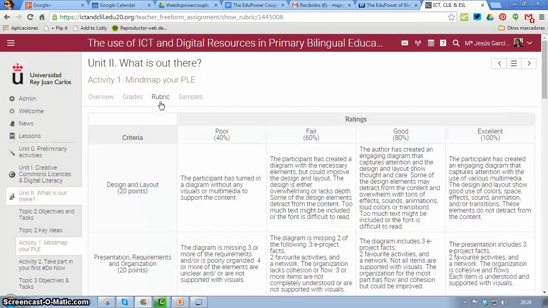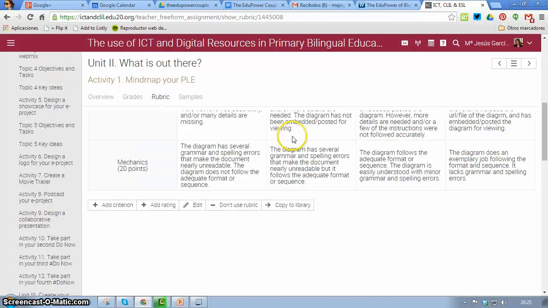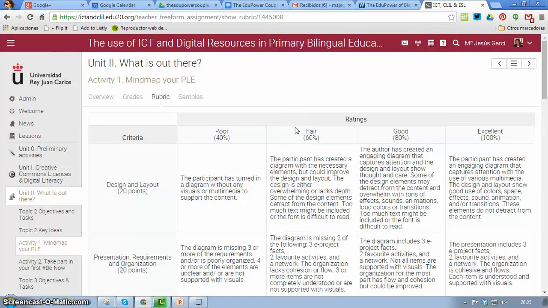So I set the rubric in advance. You can always edit the rubric whenever you like. You can add more criteria if necessary. You can decide not to use the rubric. And my advice is that you copy it to the library, so just in case you may need it for any other assignment, any other activity with the same goals, you can get it out of the library, borrow it from the library, and that's work that you have done in advance,